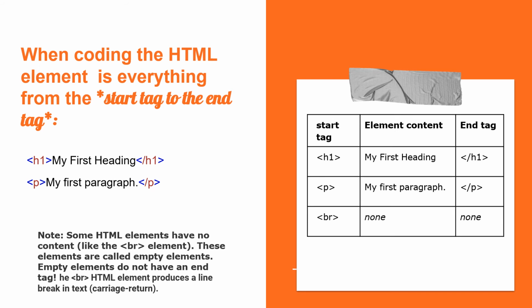Then the content in the middle, again, which states my first heading, then the less than sign with a slash, H1, then a greater than sign. Remember, when you do an ending tag, always have a slash, because if you don't have a slash, it won't code right. So for the second example, it says my first paragraph, which is the content in the middle,